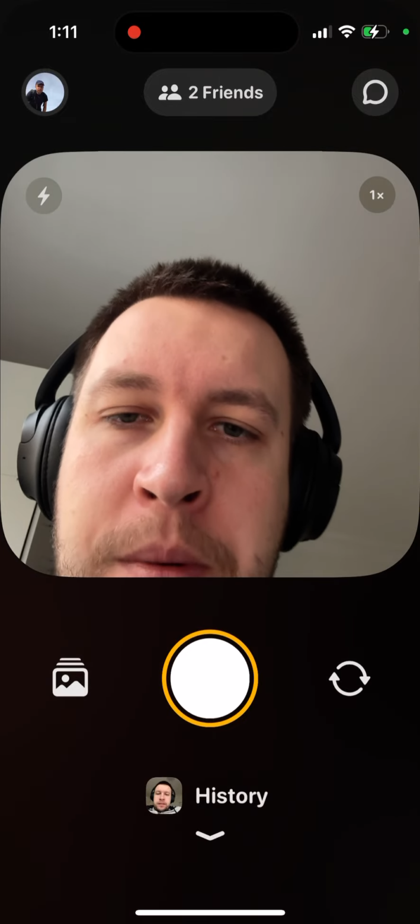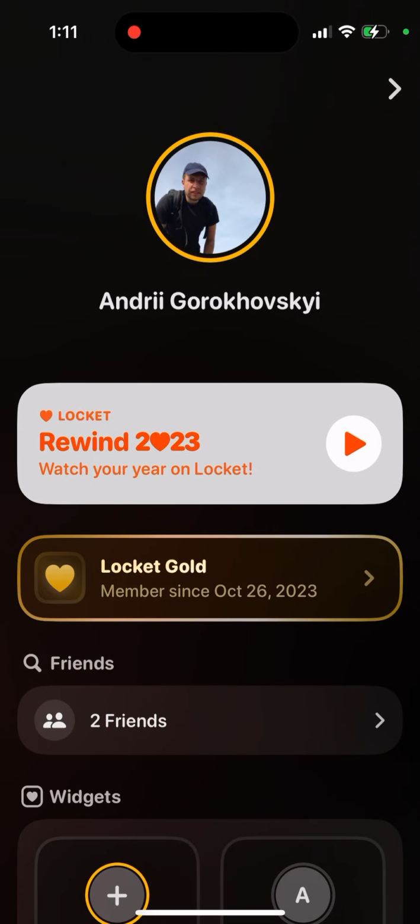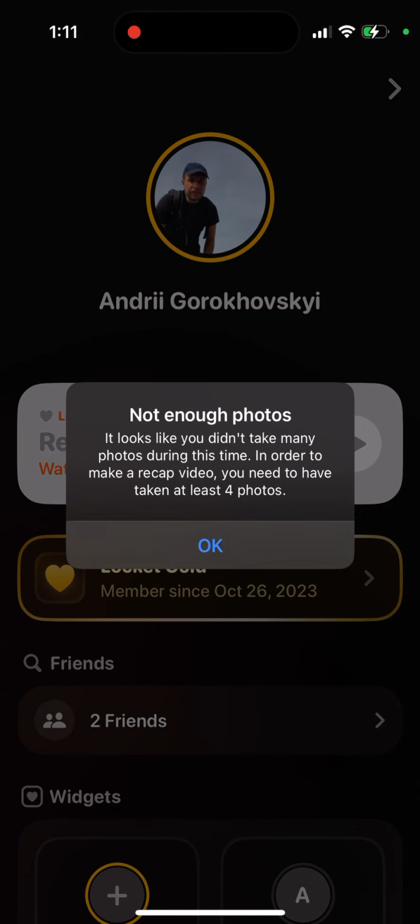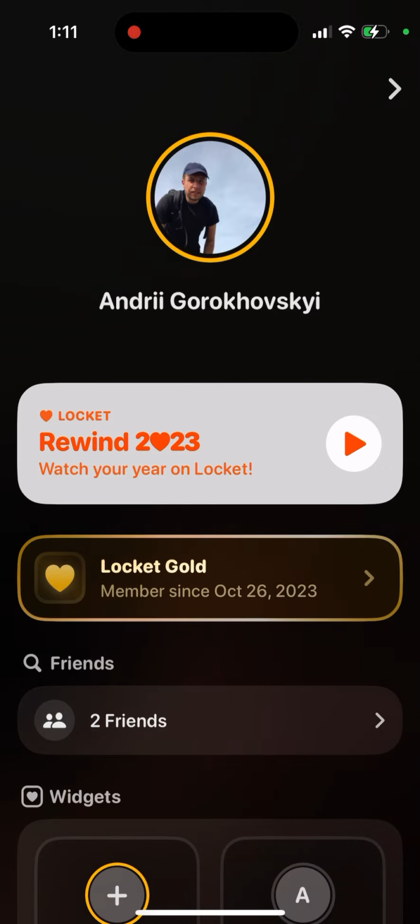So here's the Locket app, and if you go to your profile in the top left, you can see Rewind 2023. That is what Locket Rewind 2023 is. That's where you can just watch your year on Locket. If you have enough photos, if you have more than 4 photos during the year, then yeah, you can just